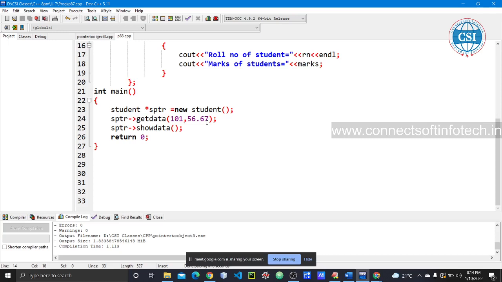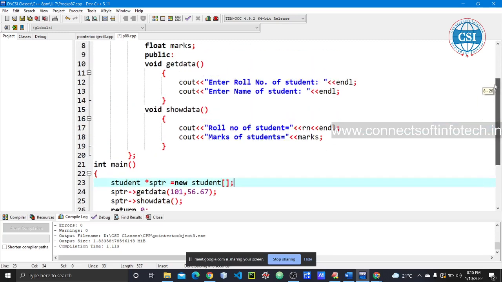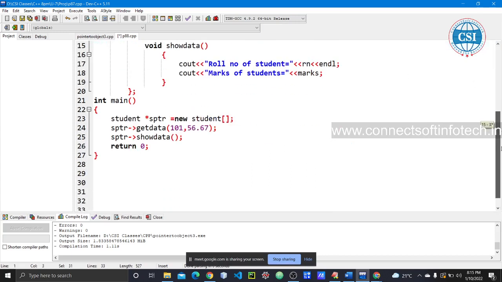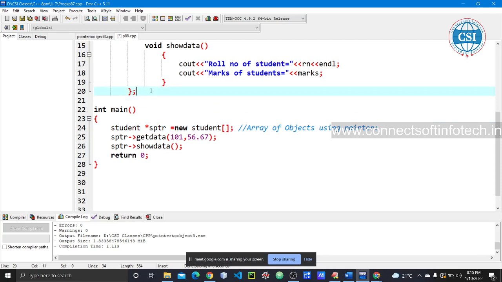So you are creating the object here. Now what is the syntax here? Size, right? This is the syntax we are creating, an array of objects using the pointers. We are creating the object array. Suppose if you write 10 here, then we are creating 10 objects, pointer objects, like this. So what to do here: I'm going to create one constant variable, const size equal to 2. That means I'm taking the size.